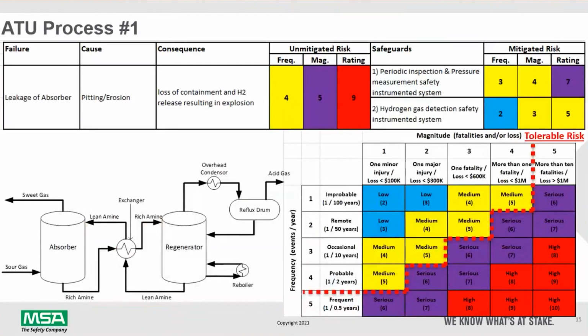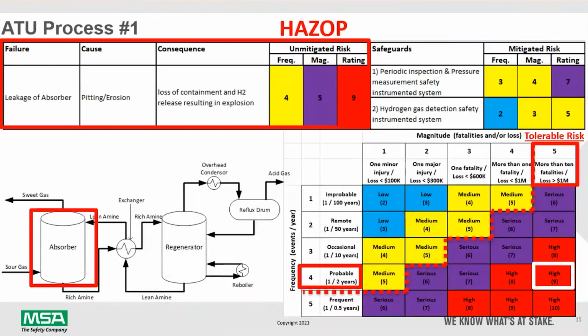Now, taking a look at our ATU process and our case study 1, let's just take a look at the absorber. So maybe we have a failure of leakage of the absorber due to corrosion and a loss of containment, and our assessment is an unmitigated risk rating of 9. Now, you'll see in the lower right-hand corner our risk matrix, and we are in the red or high risk